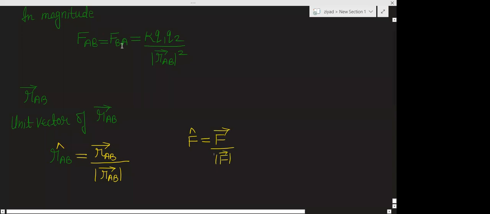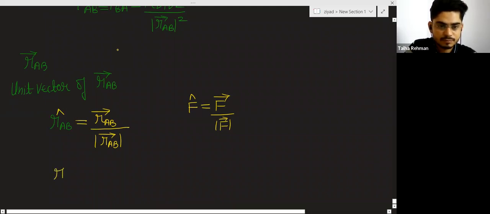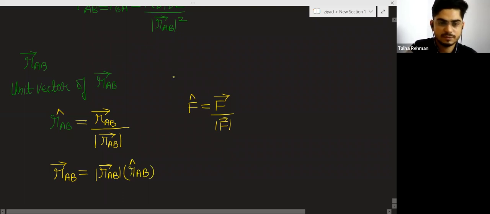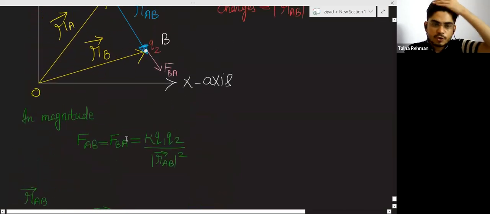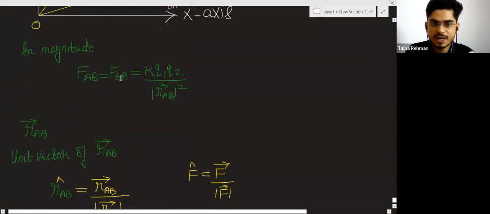Magnitude of force vector. So from here, if you want to write r_AB vector, you will write r_AB vector into this vector, unit vector of r_AB. You will write this. So accordingly, if you want to write the force vector F_AB in the vector form,